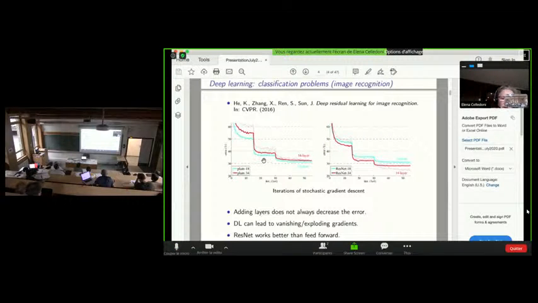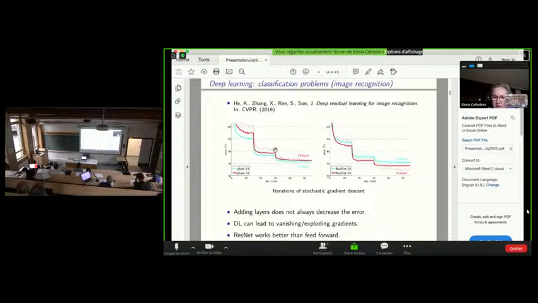And as you can see on the left-hand side, we have the convergence history of the optimization algorithm. And the red line is for a 34 layer network, and the light blue line is for 18 layers. And the one for 18 layers achieves lower error than the one for 34 layers.